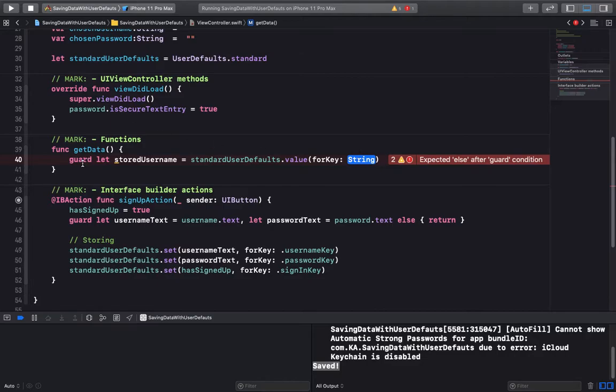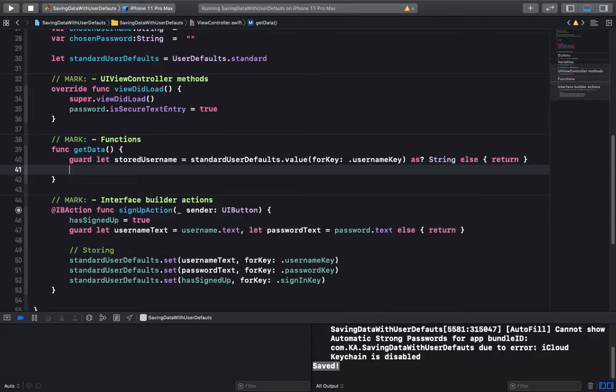That's why we're using guards here, and you have to cast it as a string. That's because we're getting any. So we will use our username key, and we will try to cast this as a string. The reason we're not using an exclamation mark is because we're unwrapping it. So else